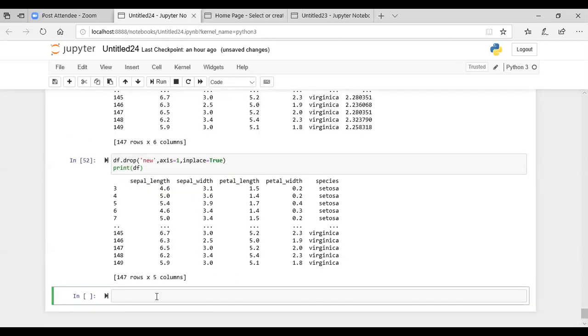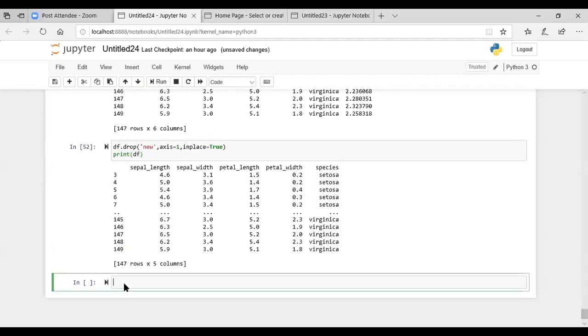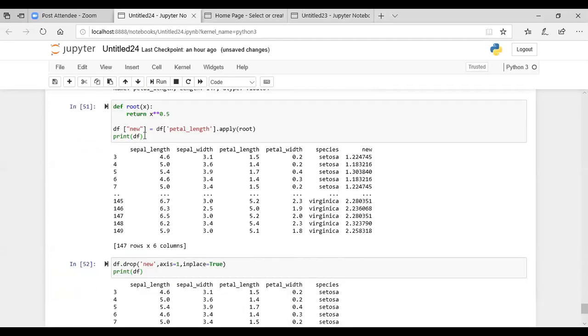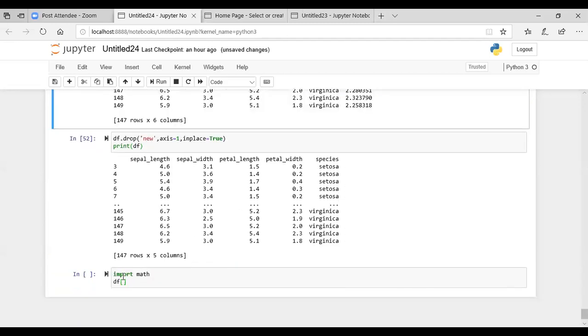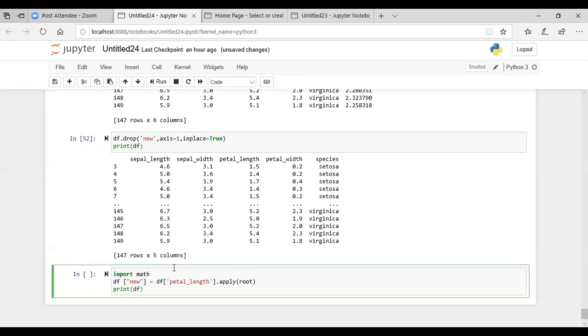Instead of defining this method, it supports an inbuilt method also, sqrt. For that, you have to import the math library, import math, df of the same thing. Instead of this root here, you have to mention math.sqrt.